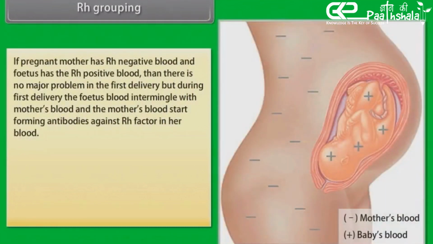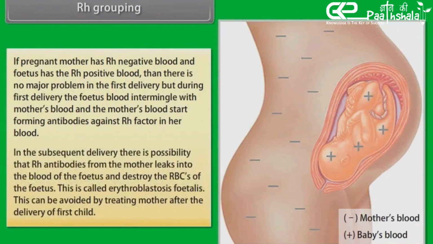If a pregnant mother has Rh negative blood and the fetus has Rh positive blood, then there is no major problem in the first delivery. But during the first delivery, the fetus's blood intermingles with the mother's blood, and the mother's blood starts forming antibodies against the Rh factor in her blood. In the subsequent delivery, there is a possibility that Rh antibodies from the mother leak into the blood of the fetus